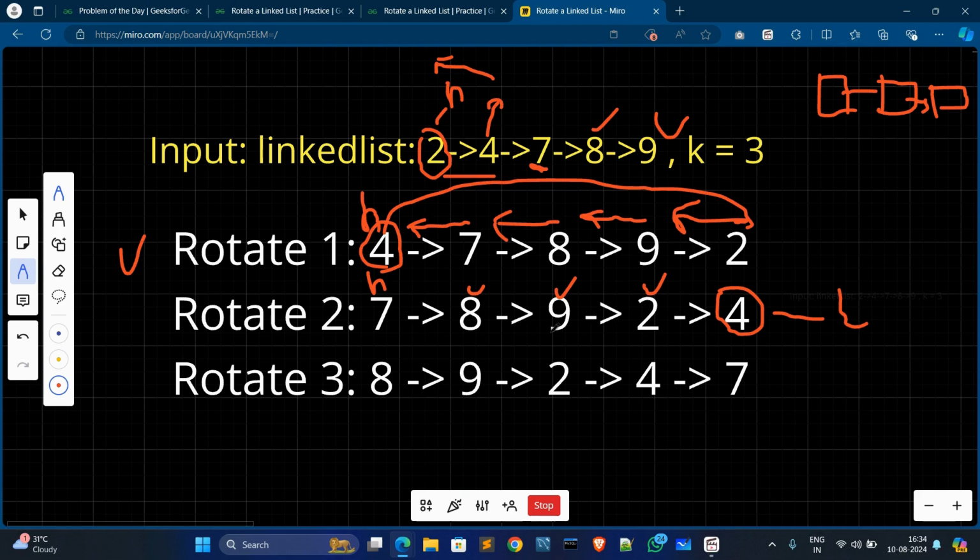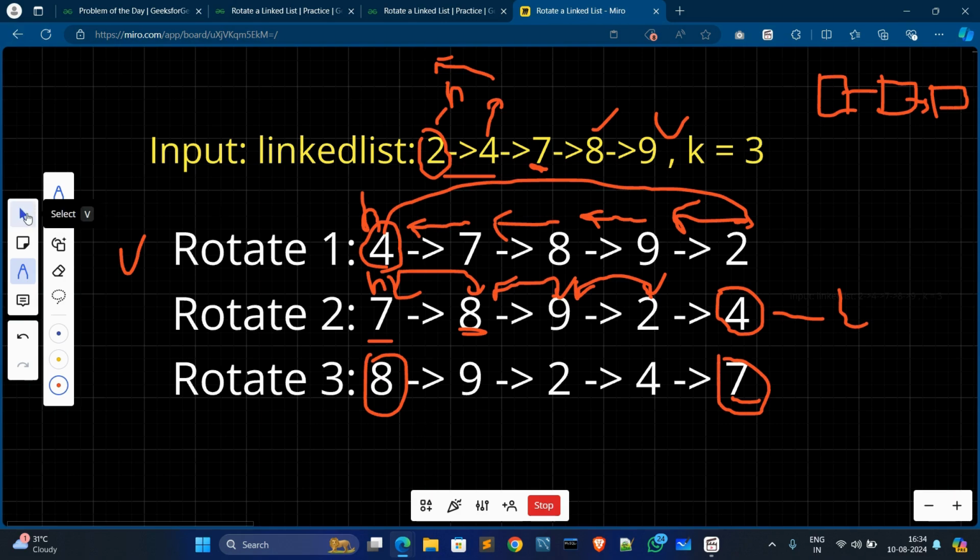Now the next rotation will be from rotation 2. Now this 7 is the head node. In the third rotation, this 7 will go to the last position, and node 8 will go to first, and this 9 will once again move one space to the left, and the 2 also moves one position. After this, 8 will be the head node, and 7 will be the end node. Okay, this is our first example.